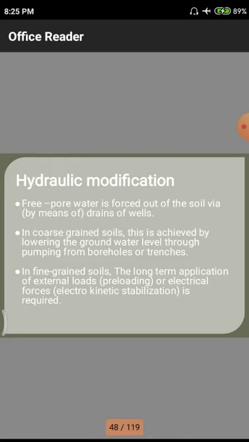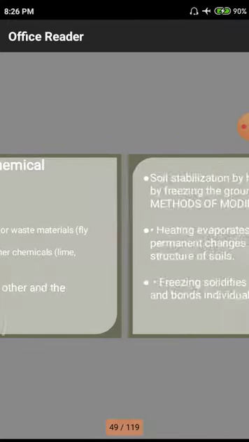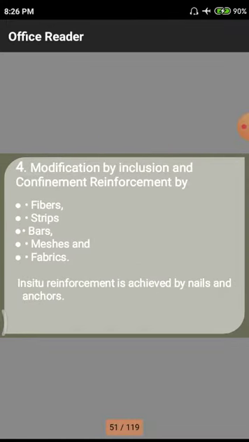After that, we observed the hydraulic modification of the particular ground surface by using different kinds of principles. And next, physical and chemical modifications. That means these are different kinds of soils we have physically on the total surface of the land. And the next one, we observed the use of some kinds of chemicals like lime and cement and other calcareous materials as cement chemical materials. And these are the different fibers and other reinforcing materials to strengthen the particular soil strata.